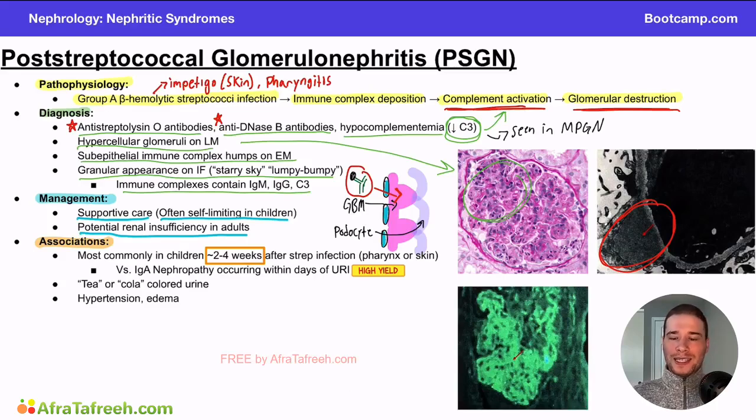These can present very similarly, as these are both considered nephritic syndromes, but IgA nephropathy occurs within days of an upper respiratory infection. So again, compare 2 to 4 weeks with something that might be like 2 to 4 days. The reason this is so high yield is because a classic question stem or a classic vignette can present very